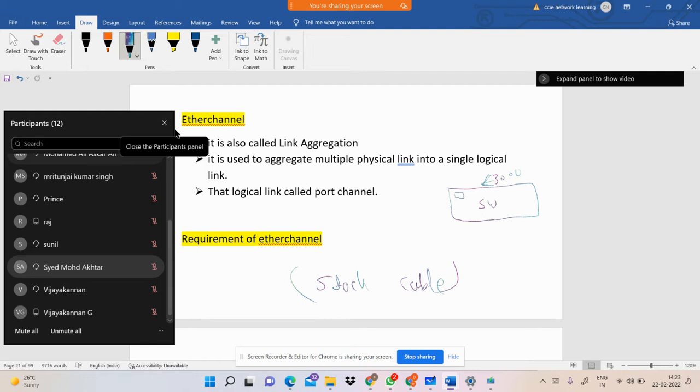Okay, so you will have to add multiple switches, so that multiple switches work like one switch. How? Using this stack port. We have the stack cable over here, and that stack cable has a speed of 32 MB per second. Okay, so with this stack cable we can